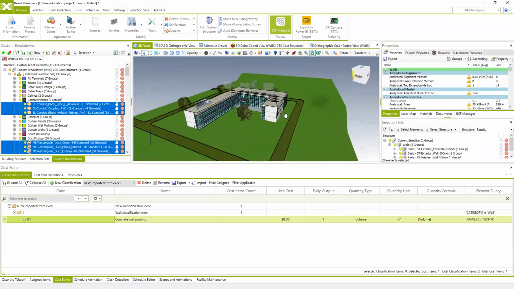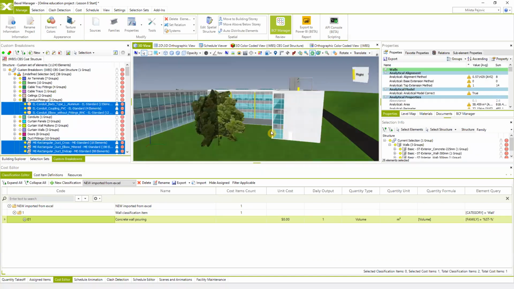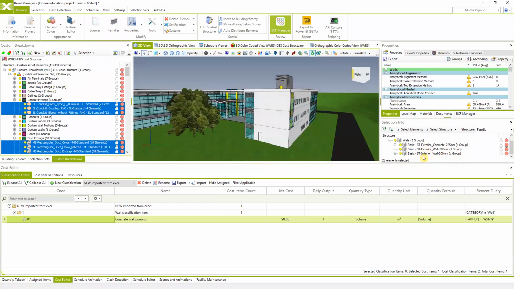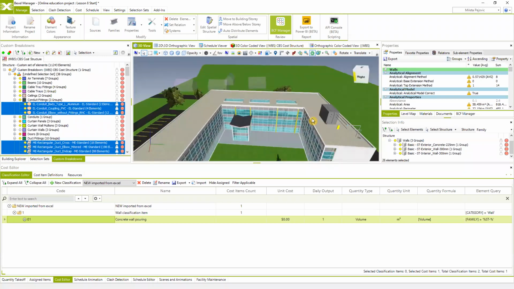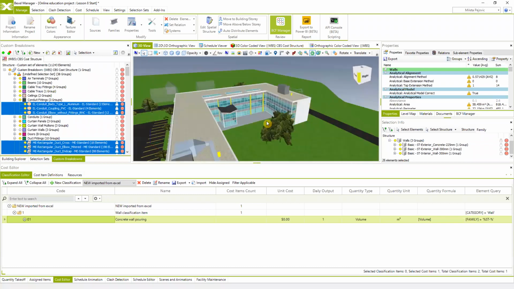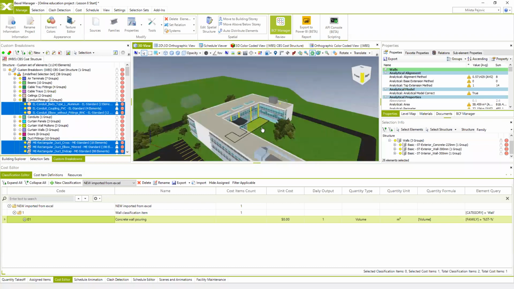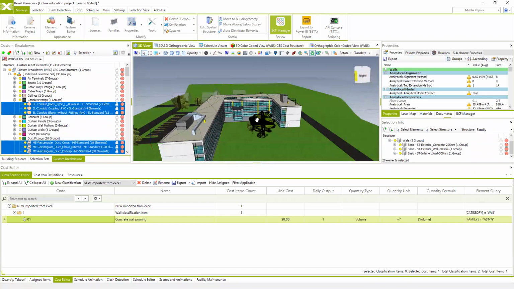And now you see only specific walls are selected, and only the walls which contain ST in their name are applicable to be calculated or applicable to calculate the price of these elements. Again, we can do the same thing in the